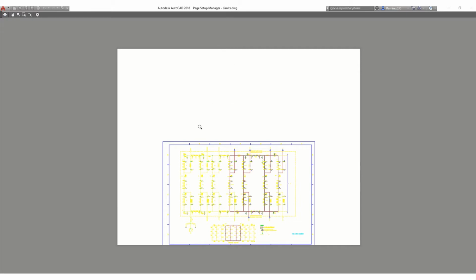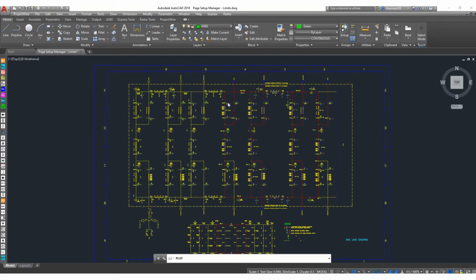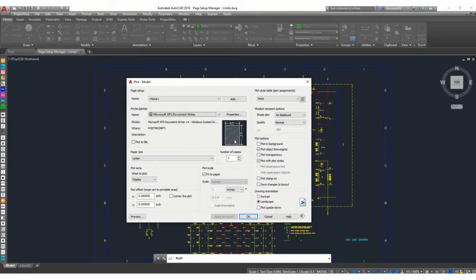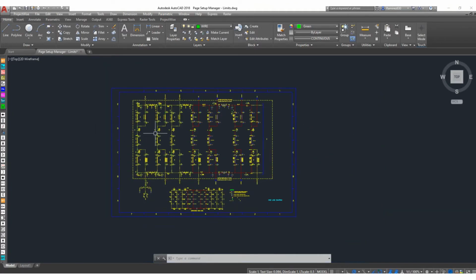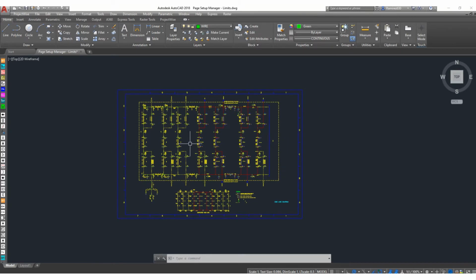So I'm just gonna hit escape on this one. First step on this one's a bit different. We're gonna be using the limits setting. If you type in limits on your command line or on the screen, it's gonna give you a prompt: limits, specify lower left corner. So I'm gonna be picking the lower left corner,